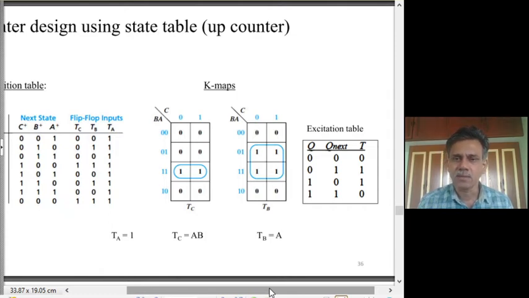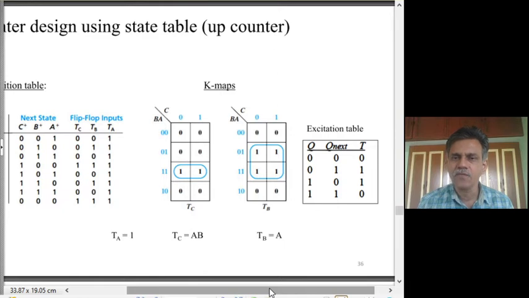In the case of analysis, given the input for the flip-flop and the present state, we find what will be the next state. Whereas the excitation table differs from the characteristic table of a flip-flop in the sense that in the case of excitation table, the present bit stored in the flip-flop is given and the desired next bit to be stored is also given. Then we ask the question, what should be the input to the flip-flop to make this transition happen?